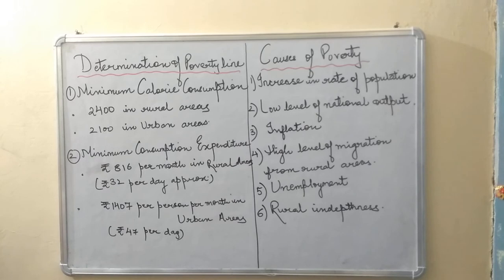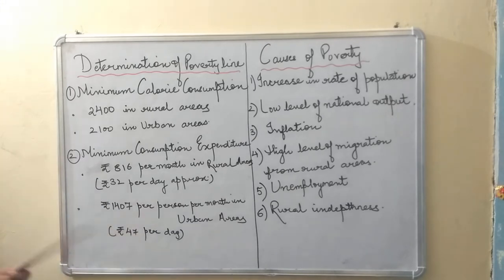Why? Because हमारे रुपए की value क्या हो रही है, down हो रही है. Value is decreasing, children, but the rate of our rupee is increasing, but value क्या हो रही है, down हो रही है. So if you are in city and you are not able to spend 1407 rupees per day, sorry per month, then you